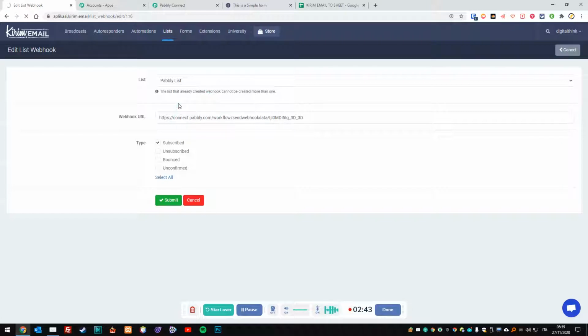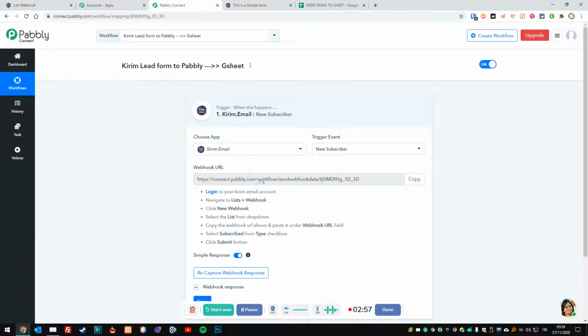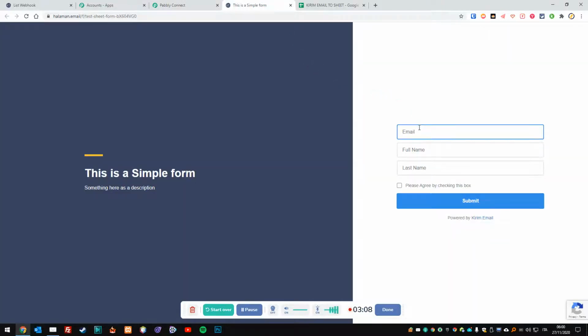One thing is very important. Remember that every time someone subscribes to your list, they have to confirm by email, so the action and the webhook won't be triggered in Pabbly Connect until the person clicks on the link. This is very important. It's not automatic. So yes, the flow is this. The person goes here, he enters his email, surname and name,